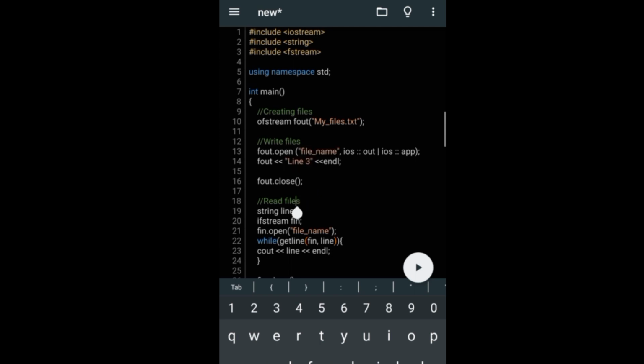Then, next, read files. Read files, para mag-read natin siya, we can use fstream. Then, object ko, fin. Then, i-open natin yung files, fin.open. Yung files natin, same lang natin sa parameters natin. So, ang gagawin ko is the file name, then, ganun din sa ios::out. Para makuha natin